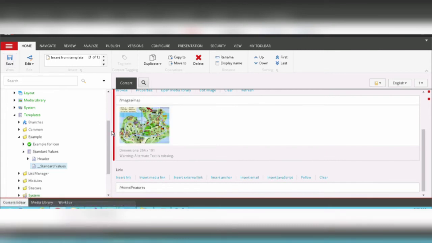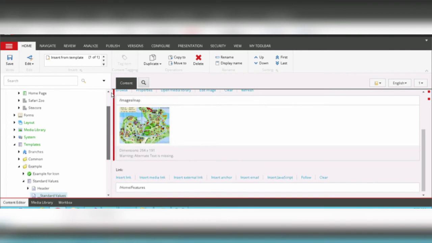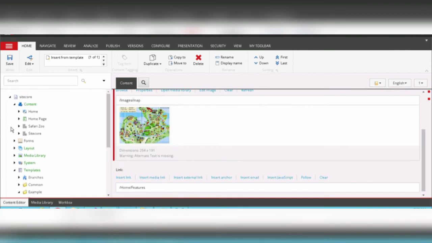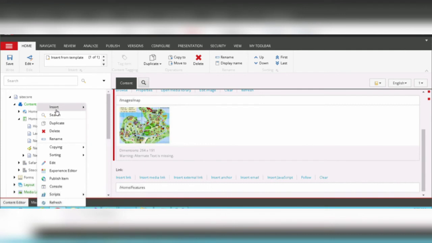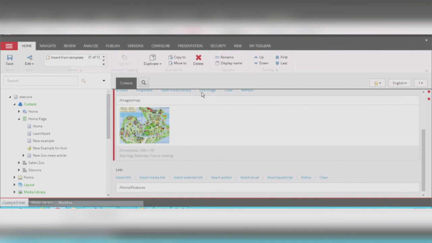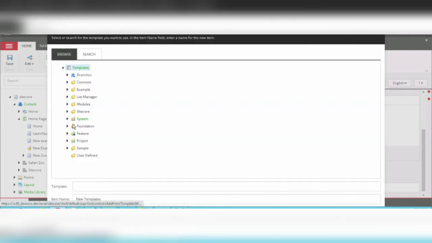Let's insert this template in content folder in home page. Right click on the home page and insert from template. Let us select this standard values template, and let's see the difference between the template without standard values and with standard values. Okay, in example folder,